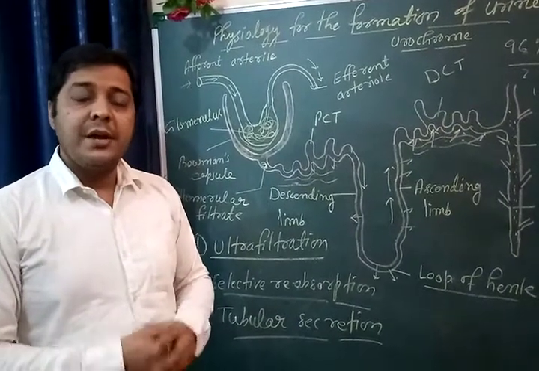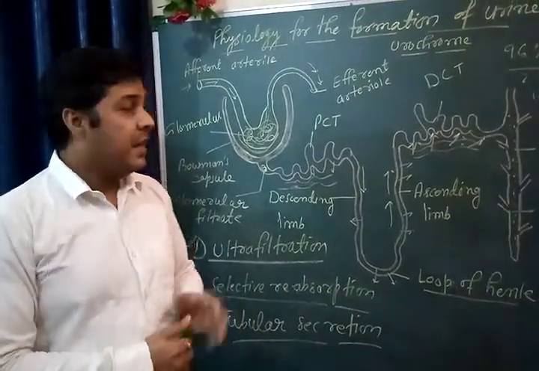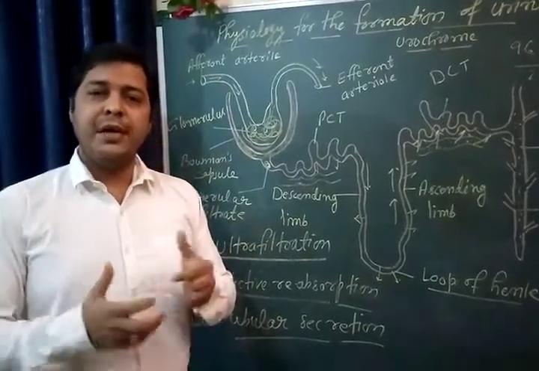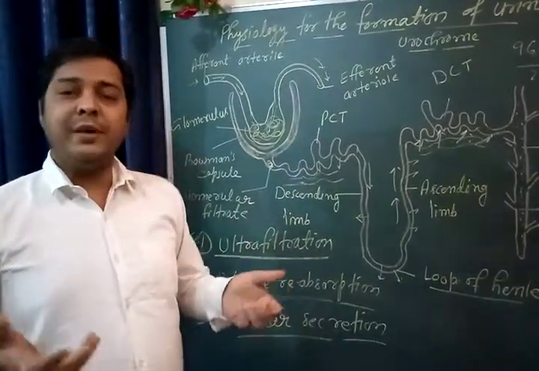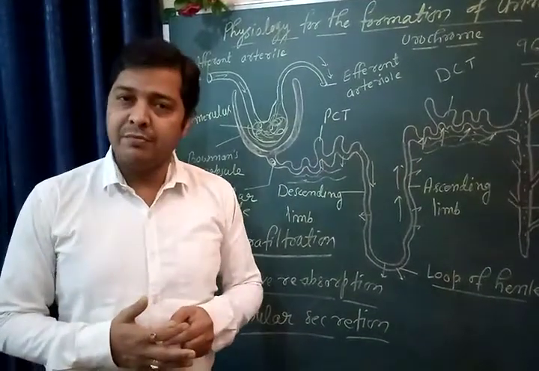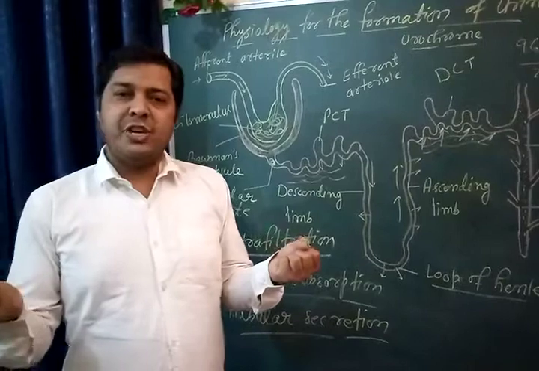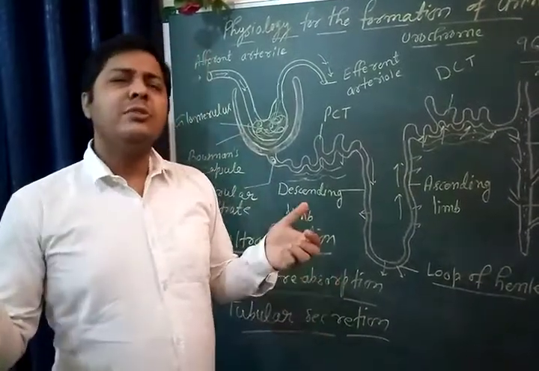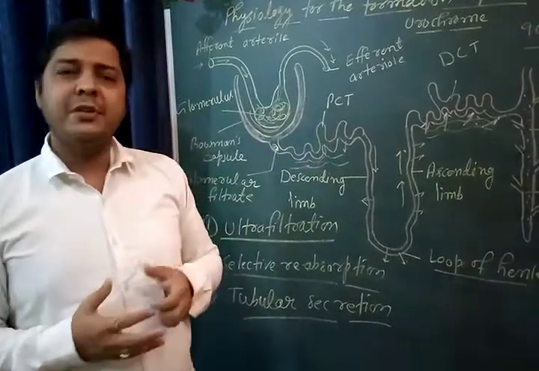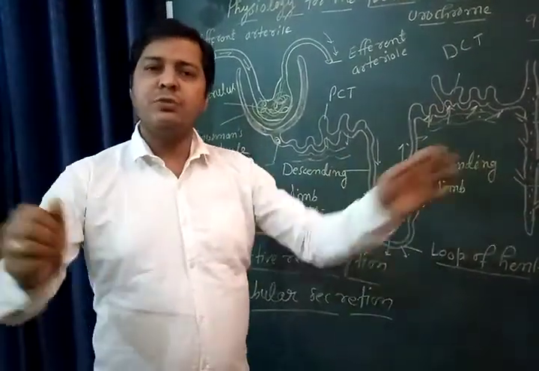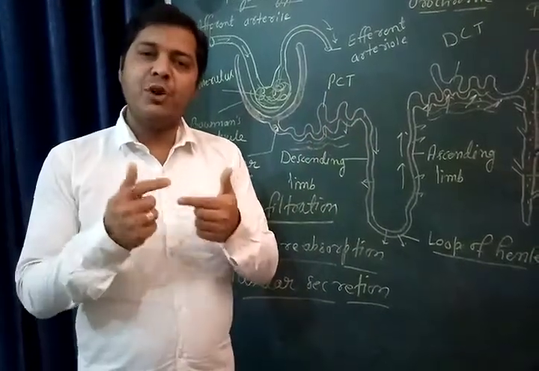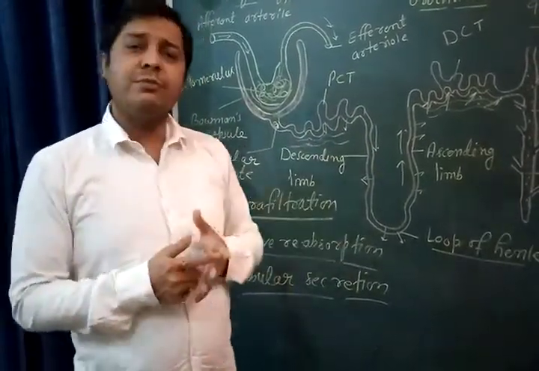Clear? Now after this, in case the kidney is not functioning, there is a failure of the kidney, and the reasons may be so many. If your life is not in a disciplined way, taking so much stress, hypertension, there are a lot of reasons behind damage to the kidney. So what happens in case of damage of both the kidneys? These processes will be stopped. Your blood becomes poisoned, and it finally leads to death.